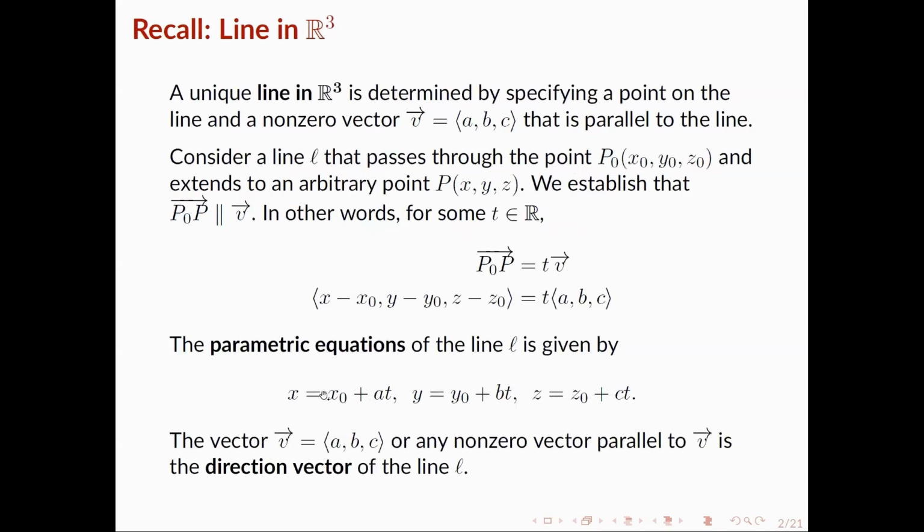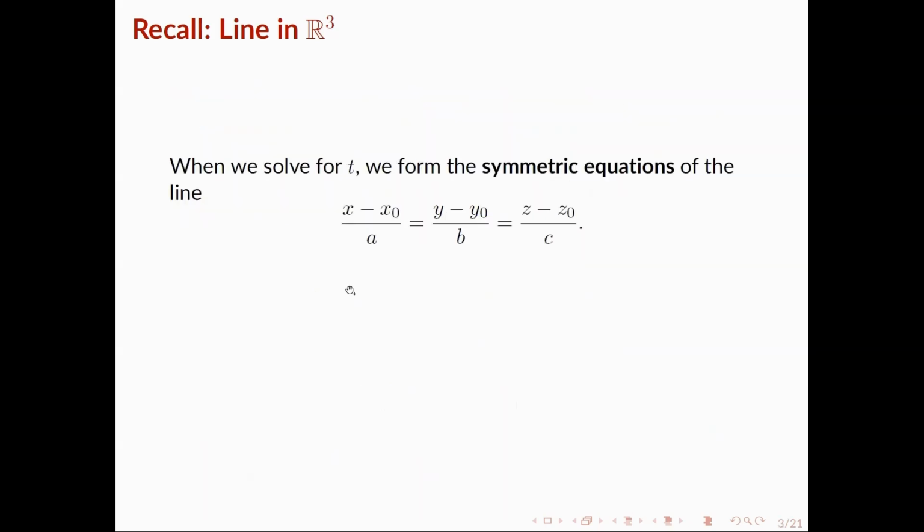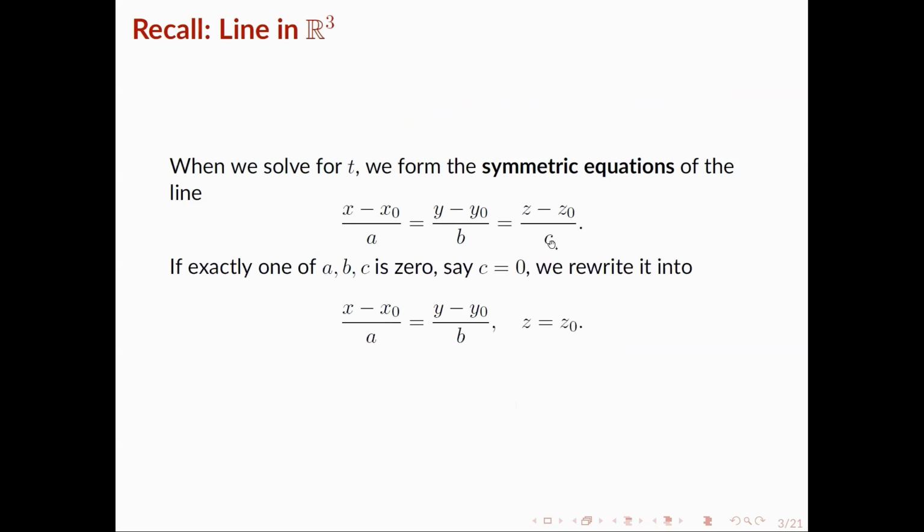From the parametric equations of the line, notice that we can isolate t from each coordinate. So we're going to have (x − x0)/a = (y − y0)/b = (z − z0)/c. Now, if exactly one of a, b, or c is 0, say for example c is 0, we rewrite it into (x − x0)/a = (y − y0)/b, and then the other one we set as